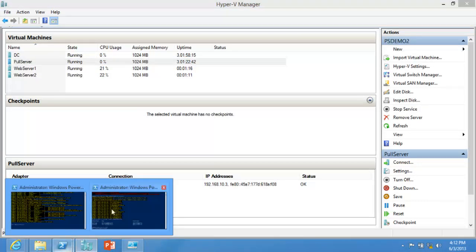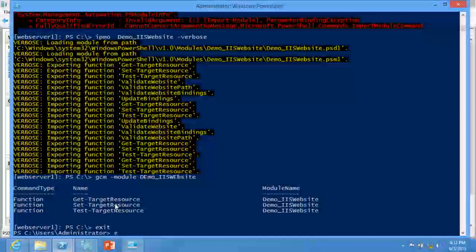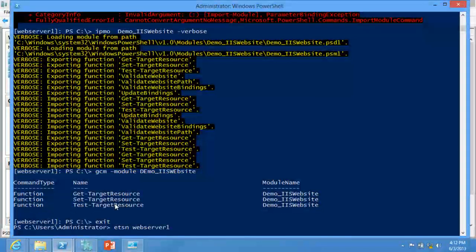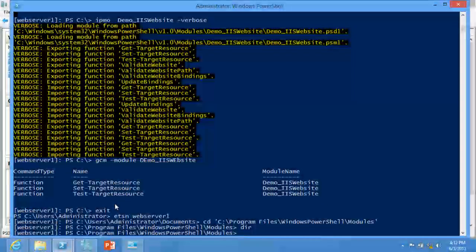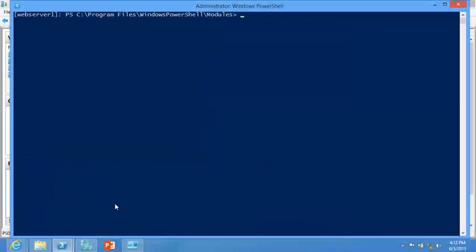And so what I'm going to do is we're going to try to go ahead and log in to Web Server 1 because I want to show you that part about the modules. There it is. See, where am I at? It's CD, C, Program Files, PowerShell, Modules. I do love tab completion. All right. And the key thing is there's nothing there. Here, just to make sure that everybody feels good about that, I will clear the screen. I'll do a dir again, and there's still nothing there, okay?